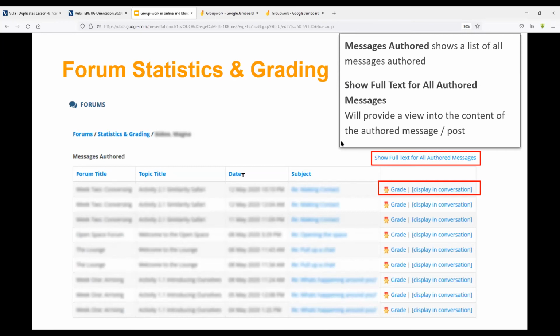Anecdotal experience from people I've spoken to is that making forum topics graded does greatly increase participation. Unfortunately, it's the standard belief that students only do things for marks. I'm not sure if that's actually true, but it does seem to definitely encourage forum participation if the contributions are graded.